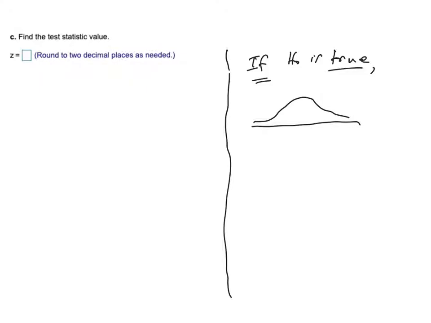then the p-hat distribution, the sample distribution, should be centered at 0.5, right? Because that's what H0 says. So when I say assuming H0 is true, I mean assuming the middle of this thing is at 0.5. The standard deviation is going to go 1, 2. I'm going to have 1, 2, 3 standard deviations in each direction, and that standard deviation of this picture is what we call standard error. And that is the thing that,